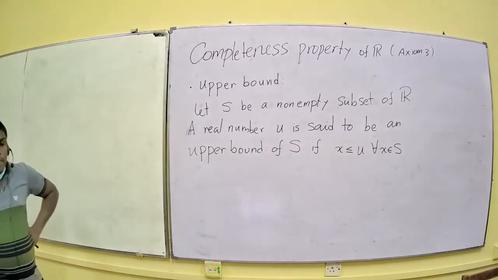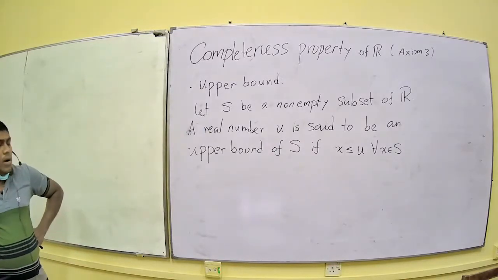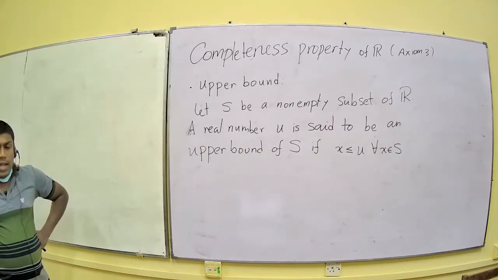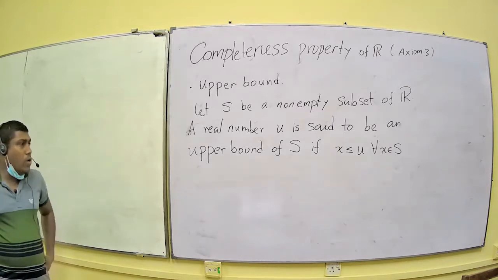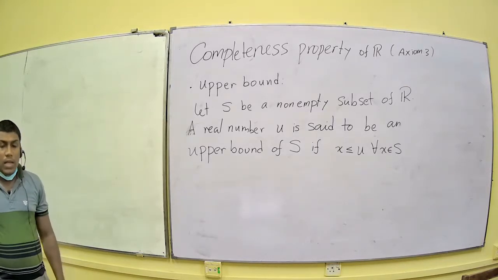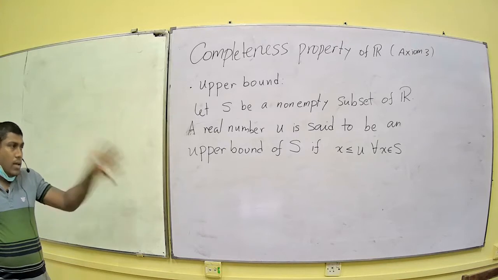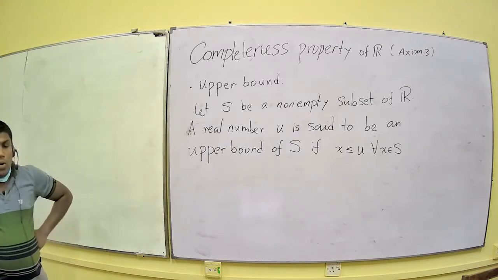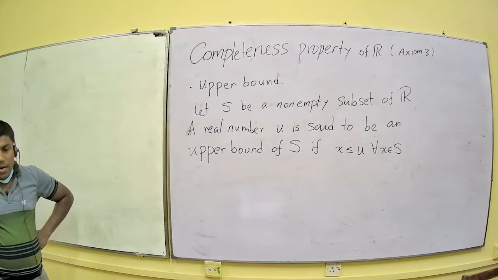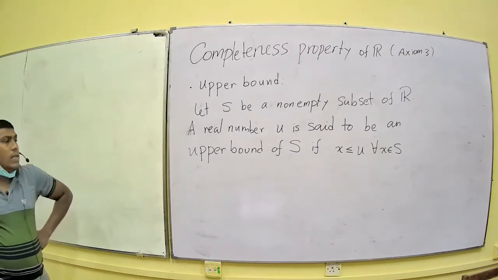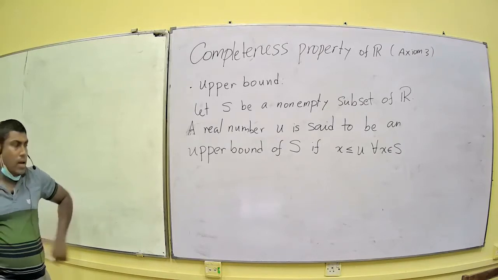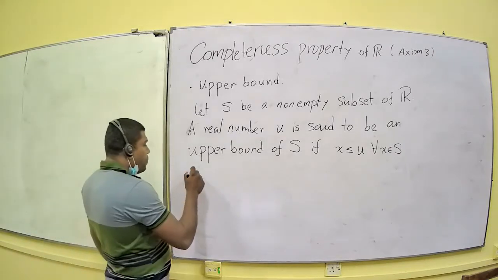So a real number u, not necessarily inside the set. You can notice that I just say real number u. I had written belongs to S and I erased it because I want to enforce that the number u may not be a member of the set. It might be outside the set. But it is called an upper bound if it is greater than or equal to all the elements in the set. Say for example,